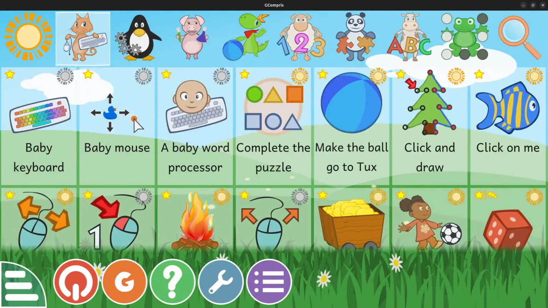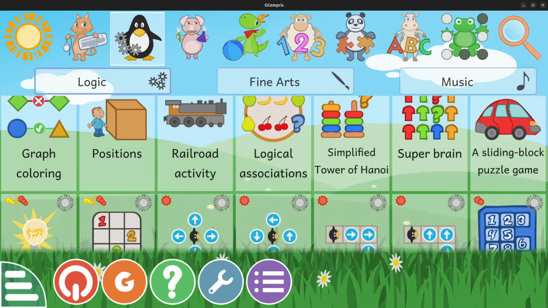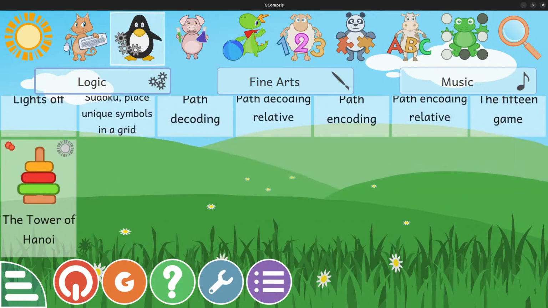Pulling letters, then graph coloring, positions, railroad activity, logical associations, simplified Tower of Hanoi, Superbrain, sliding block puzzle game, lights off, Sudoku, path decoding relative, path encoding relative, 15 game, Tower of Hanoi,